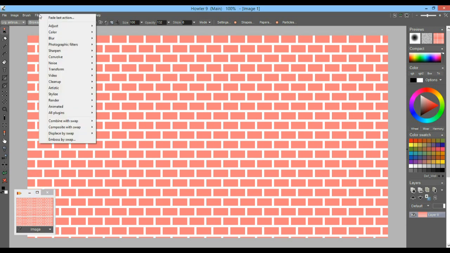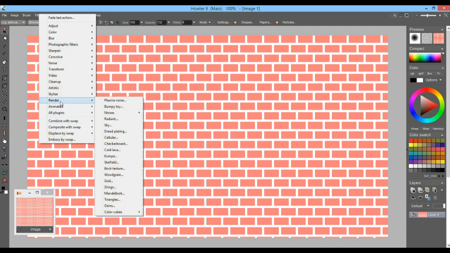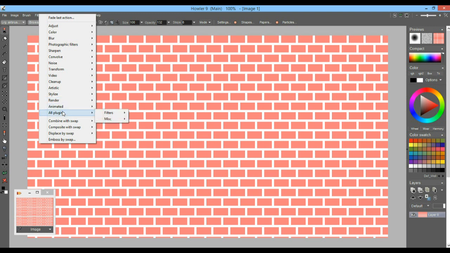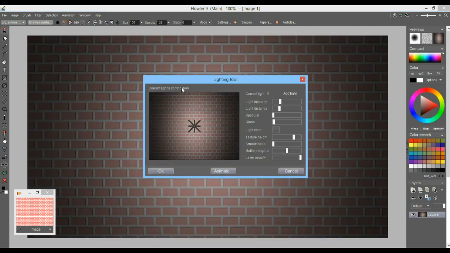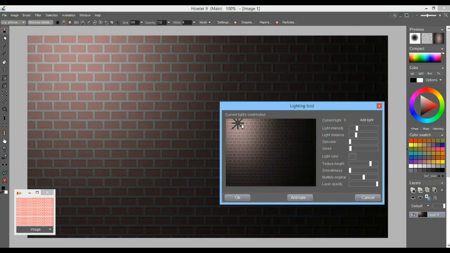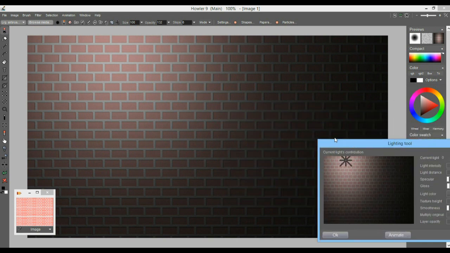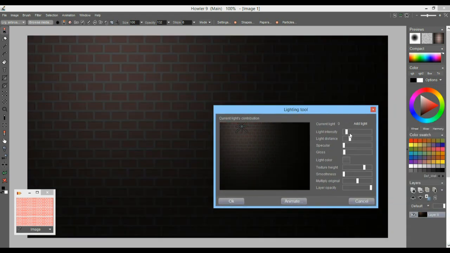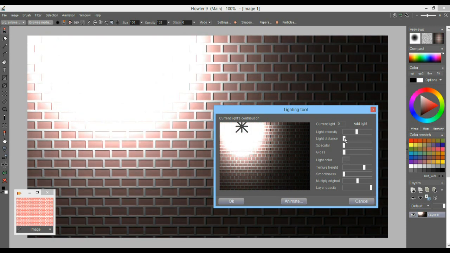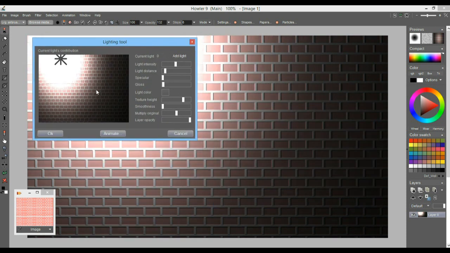So there are a couple of ways you can make this look a little bit more realistic. One of them, just applying a shading effect to that, is under the Stylize lighting tool. And sometimes that is enough for what you need, right? Sometimes you just want a little bit of a light source added to that, maybe a little bit brighter, maybe a little bit closer down to it. And then also, if you look at the length of the shading here, the shadows, you can adjust the texture height to give it a bit more of that 3D